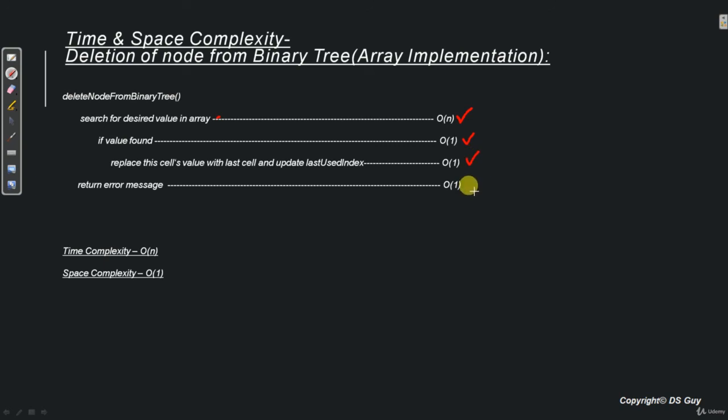Now in case the value is not found, we return an error message which is again a constant time operation. Now if we add up all of this, we get time complexity order of n. Space complexity will be order of 1 because we are just using some temporary variables here and there, nothing more than that. Fine. So I hope you have understood how to delete a node from binary tree.